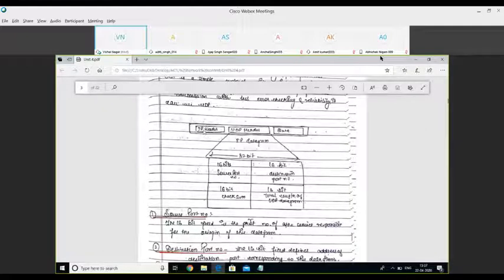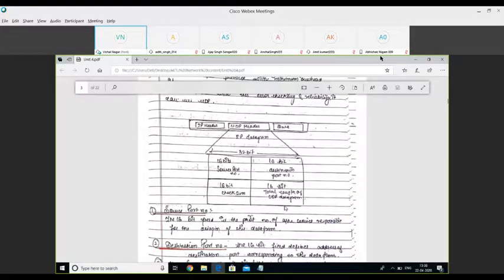The total length of the UDP datagram means the IP header, then the UDP header and data. So the length of the complete datagram is defined under the 16-bit field. The maximum size of this datagram cannot be more than 2 to the power 16. So this is how the UDP datagram is defined, and this is the header format of your UDP datagram. These are the details corresponding to this header.